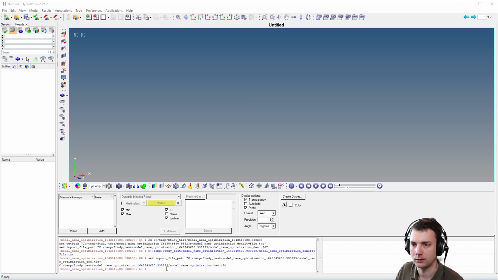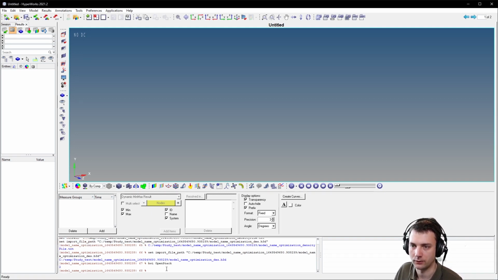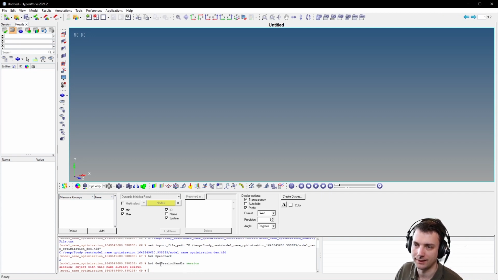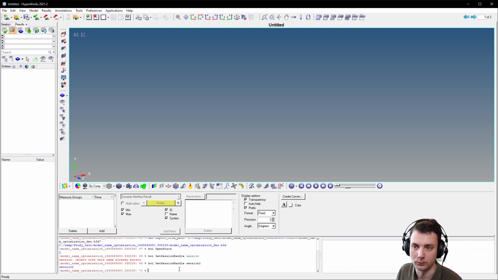Now, the first thing we are achieving here is open stack. Stack open means that all the handles which are loaded in here get released automatically if you are closing the stack. But in my experience, that did not work all the time, so I'm releasing it manually as well. So what I'm doing here now is, and I used that command before. This is exactly what I was talking about. If you have used this command once before, you cannot execute it once more because the session object already exists. You could use another name. This would work, but